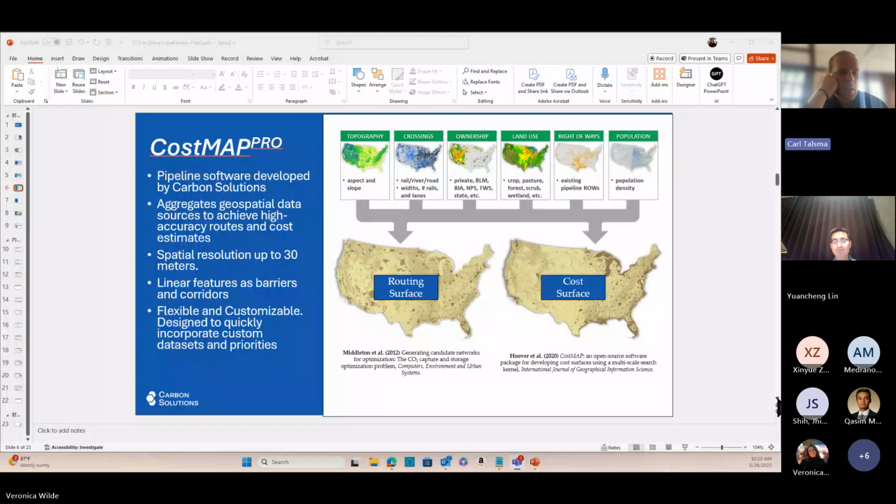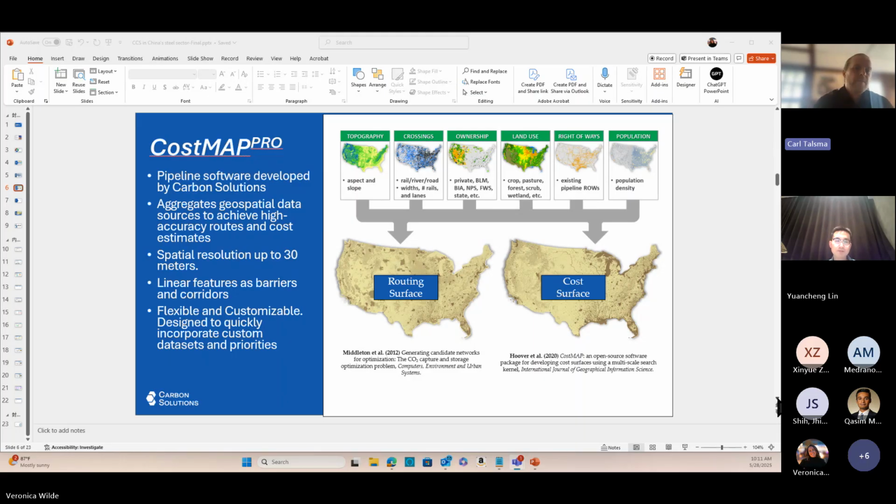We run this at varying spatial resolutions. The highest we do is 720 meters, and that's for big national level runs. For the China project, I think we did 720 meters. But we have run it as low as 30-meter resolutions if we're just doing a CCS project within a single city. It can get pretty fine grained, and it's designed to be customizable and flexible. So you can input really any kind of geospatial data into this and apply your own weights